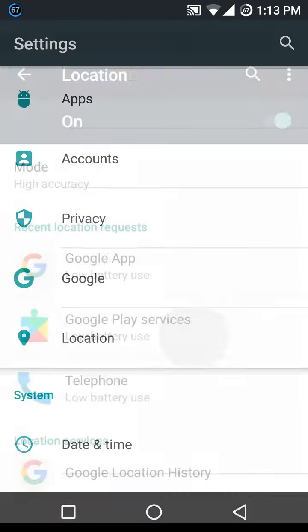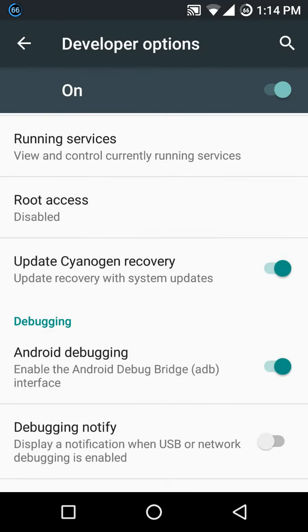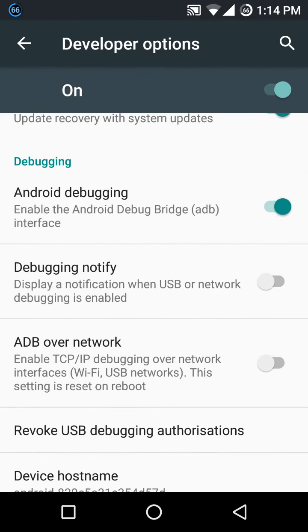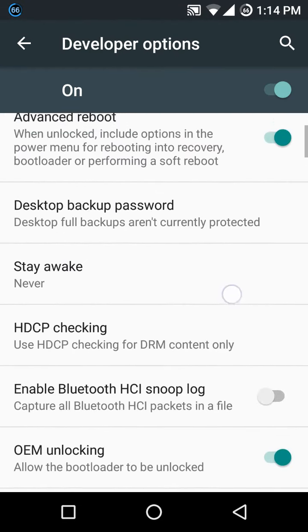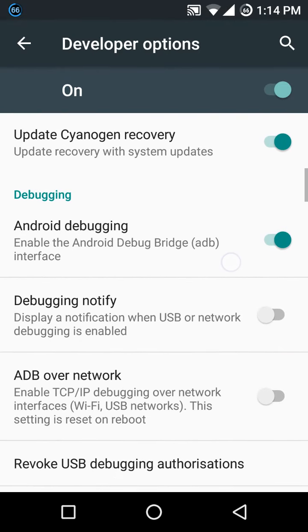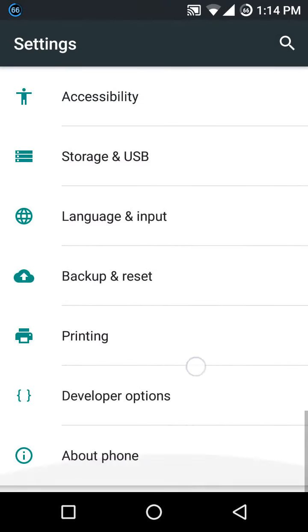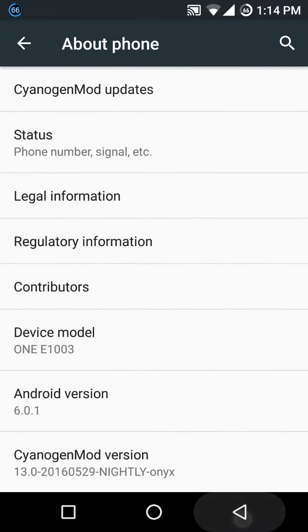Now, one thing good about developer option is that even if your phone isn't rooted or you don't have any custom recovery such as TWRP or something like that, you just need to go down to root access and click on apps and ADB. This will allow root, and you can root your phone in just 2 seconds. You don't have to install any app or something, just enable developer option and you are rooted. And then we have other options in developer options, etc. Then we have about phone, standard and other things.